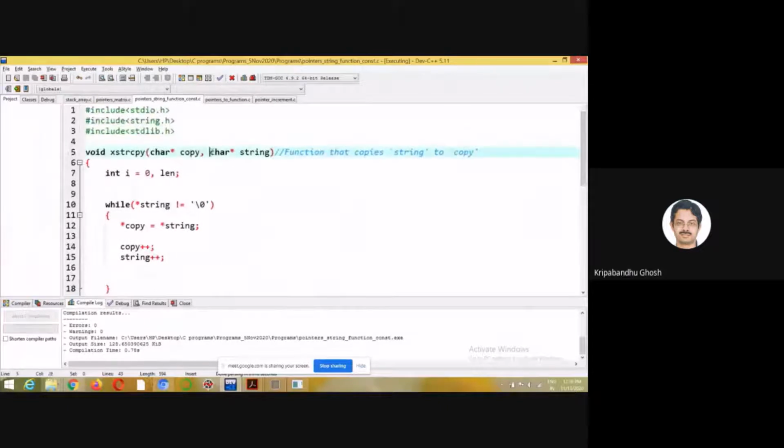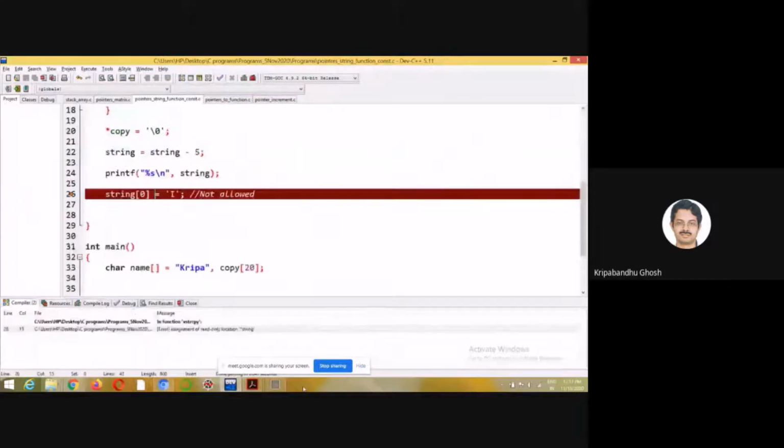So this is the convention. If you put a constant here, it is pointing to a constant string, right? If you run this, you see that this won't be allowed. You cannot change the contents of this.